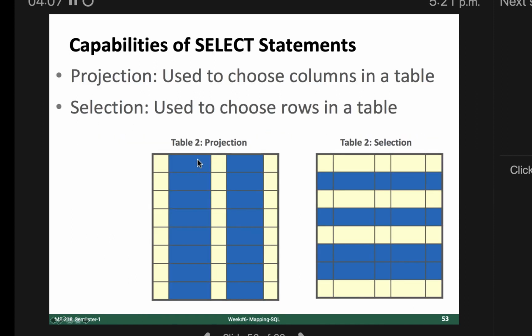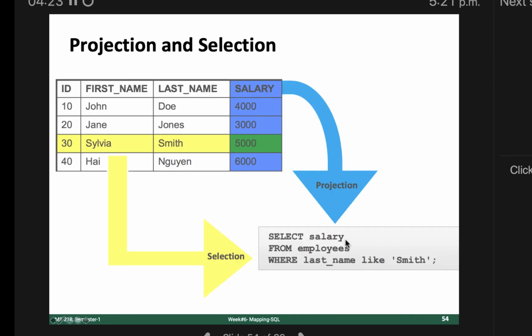The select statement has two capabilities: projection, used to choose columns in a table, and selection, if you want to select only rows. In a single query you can use projection and selection together. Here, select salary means we are interested in one column, salary only, from the employees table.